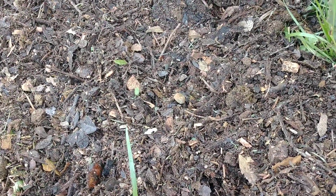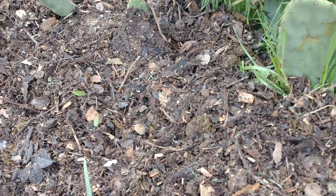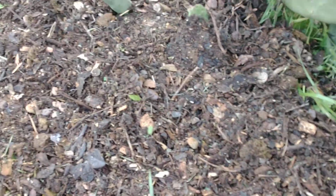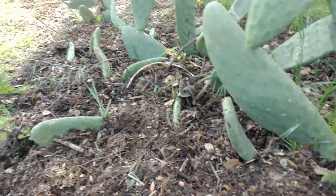Wood chips blended with fertilizer, well, horse manure, fertilizer, and chickens scratch around in it, and then I throw sand on top, and it mixes in. Worms get in there, and it just breaks down to this beautiful loam. So this